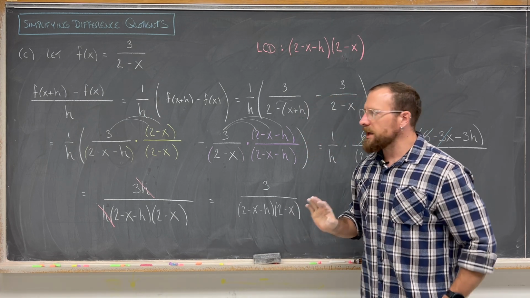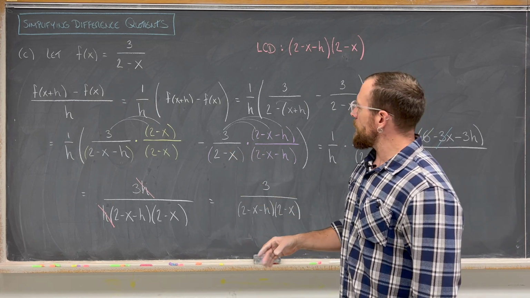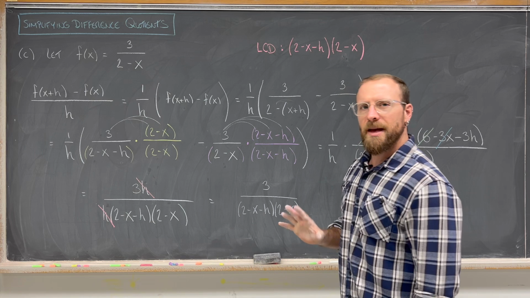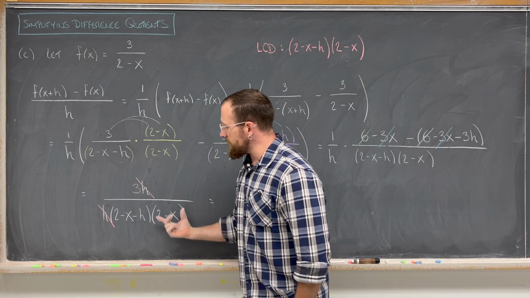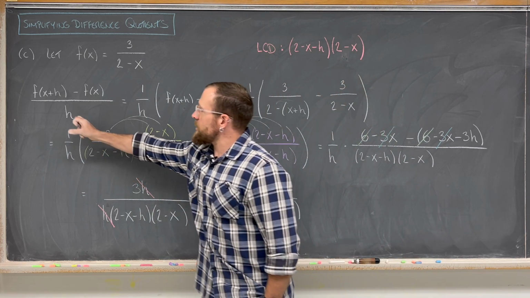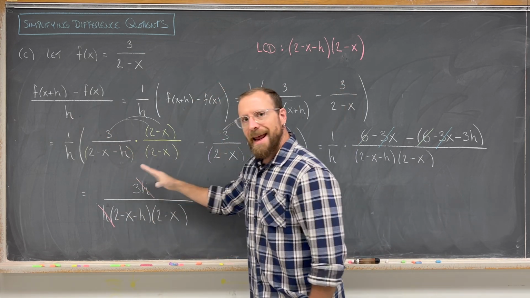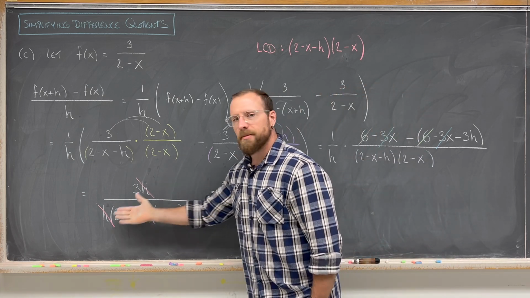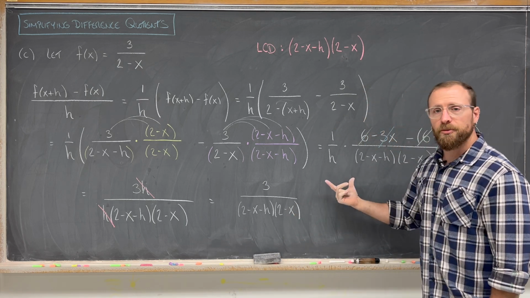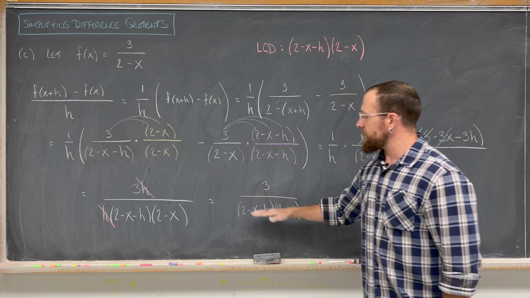Okay? So be careful. In all of these examples, I never did any distribution in the denominator. Okay? I never distributed the 2 minus x minus h. I never did all of that. That would have messed this all up. It was very nice to always have the denominator in its factored form, because you may have noticed in all of these examples that h that I started out with in the denominator, it eventually goes away. So if you had distributed that h out, you wouldn't have been able to nicely make the cancellation in the end. So a little tip is do not perform any distribution in the denominators of your difference quotient so that you can make the cancellations and simplify nicely in the